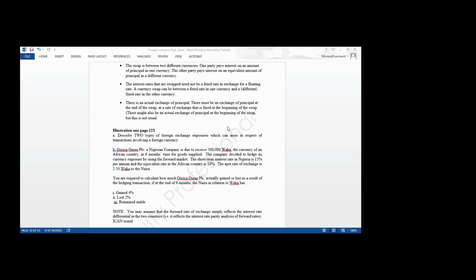The number of units of Naira that can buy $1 is what we call the exchange rate between Naira and dollar. We explained that this exchange rate